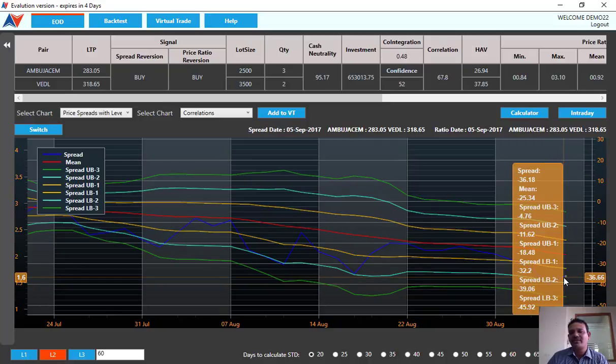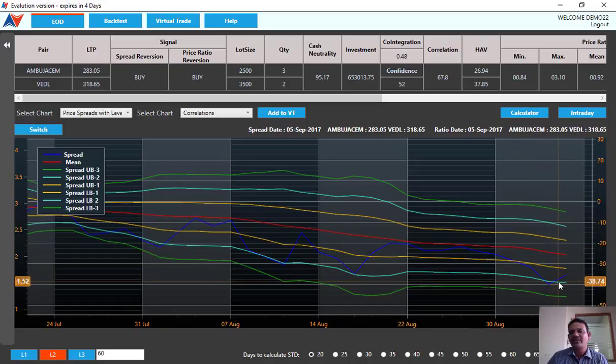Whenever the blue line is below the mean, we need to buy the first stock, that is, go long. And whenever this blue color line is above the mean, we need to go short, that is, we need to sell the first stock. Now you can see we have Ambuja Cement and VDL. This is the